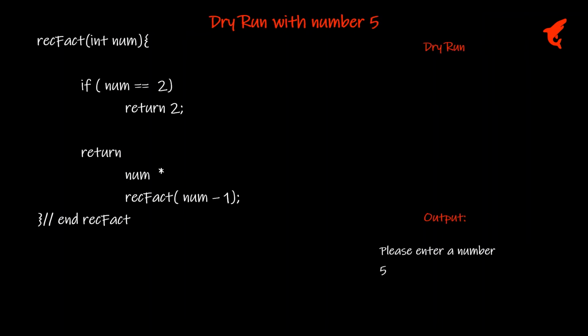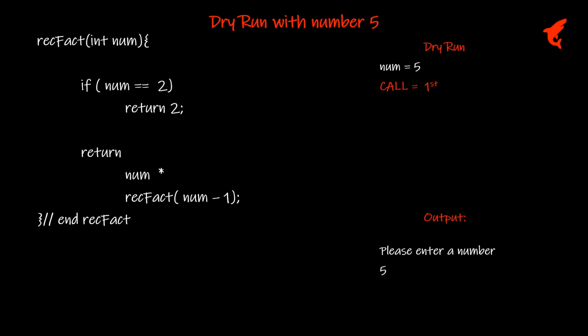Right. So we'll do a dry run to see whether this code works. We'll assume here that the main function was called, the value 5 was entered for the num variable by the user, and then a function call was made to rectfact with the value 5. So the rectfact function is called, the num variable is created, and the value it has is 5. This is our first call to the rectfact function, so we'll identify this call with number 1. So first call to rectfact. The control goes to the if condition.